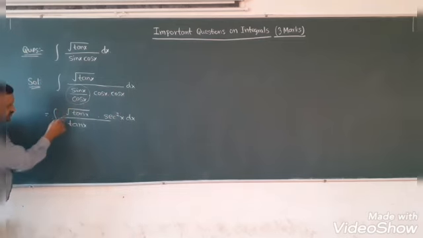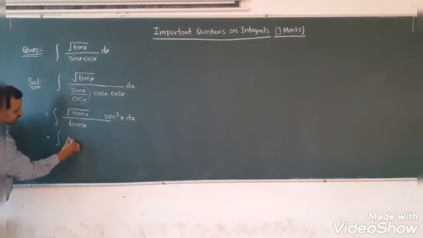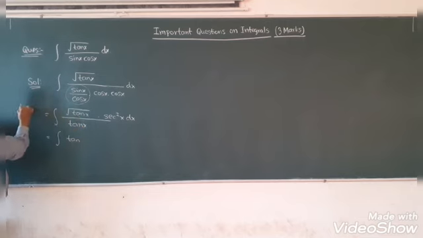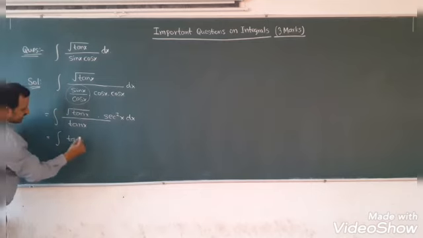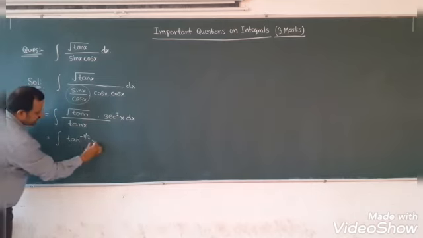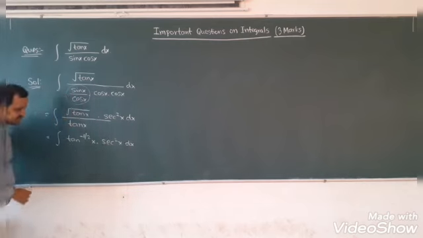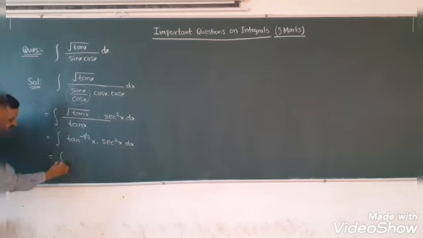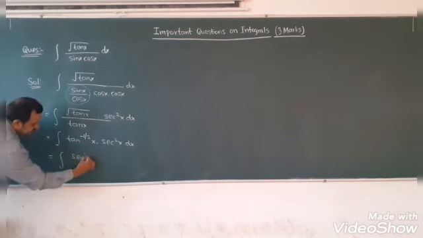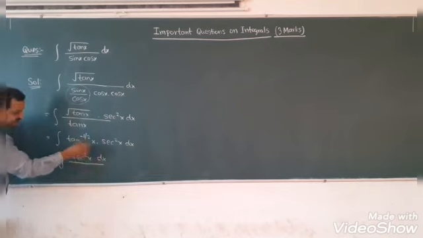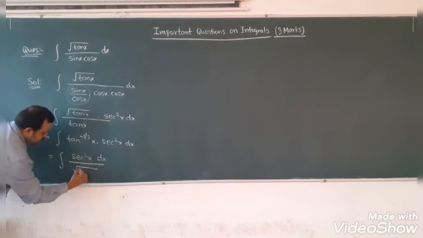Now see here. So theory of indices. So this we can write as what actually? Tan to the power 1 by 2, so 1 by 2 minus 1, so minus half. So this is nothing but tan to the power minus 1 by 2 x into secant square x dx. Or this we can write as secant square x dx divided by, so minus half will come down and it will become root over tan x.